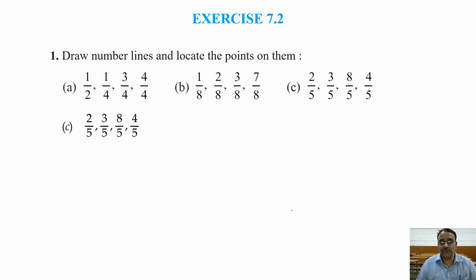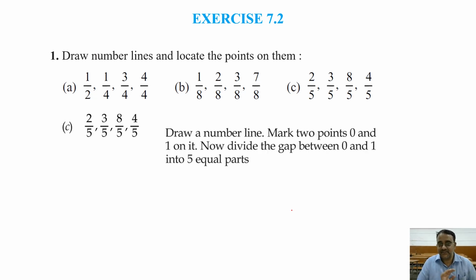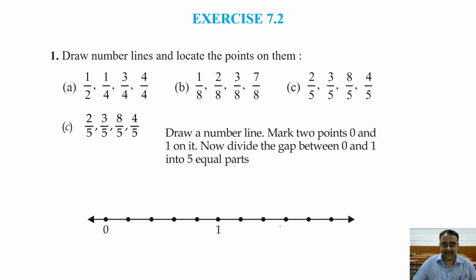So now for this question we have to draw a number line and we have to divide equal parts between 0 and 1. How many equal parts we have to divide? 5. Very good. 5 equal parts. चलो 5 equal parts divide कर दिए. देखें यहाँ पर 1, 2, 3, 4, 5. यहाँ पे 1 आ गया. फिर 1, 2, 3, 4, 5.